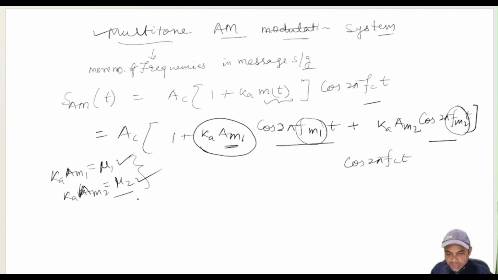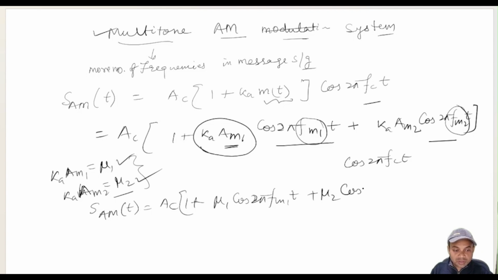Now we can write s(t) equal to Ac into 1 plus mu1 cos 2 pi fm1 t plus mu2 cos 2 pi fm2 t, into cos 2 pi fc t. I hope it is clear. I am just writing it in terms of multiplying cos 2 pi fc t, and we want to